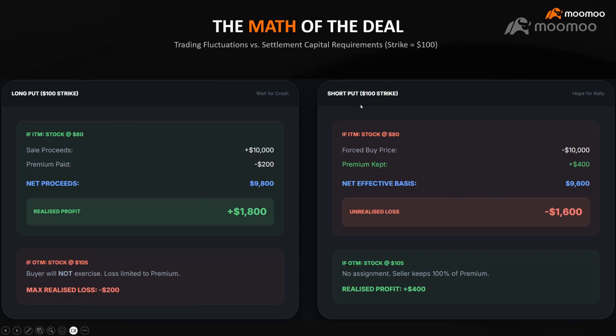If, let's say, you are shorting a put and it's in the money, the stock will be trading at $80. Same logic, because it's a put option. If it's $80, the put option is considered in the money, so you are forced to actually buy the stock at $100. Remember, when you sell a put, the obligation is to buy, right? Shorting the put, the obligation is to buy.